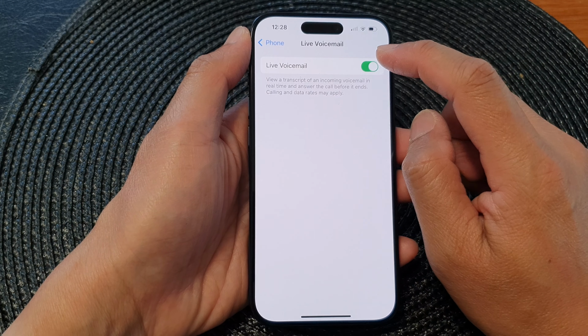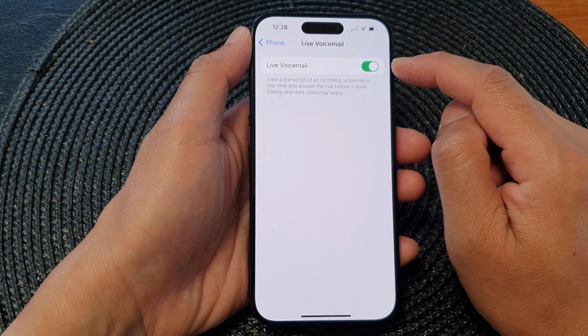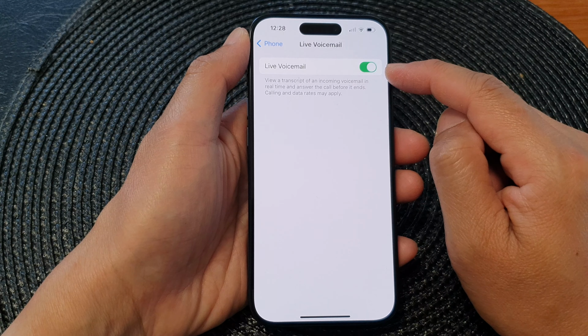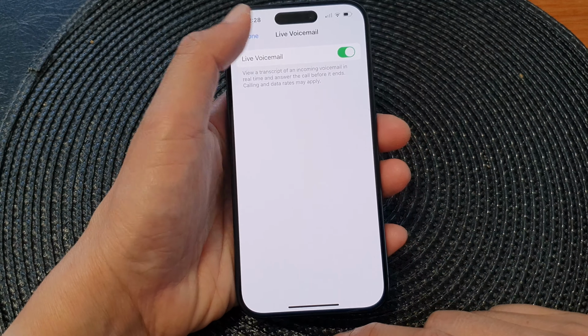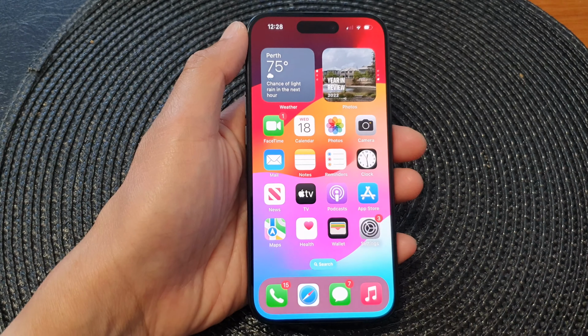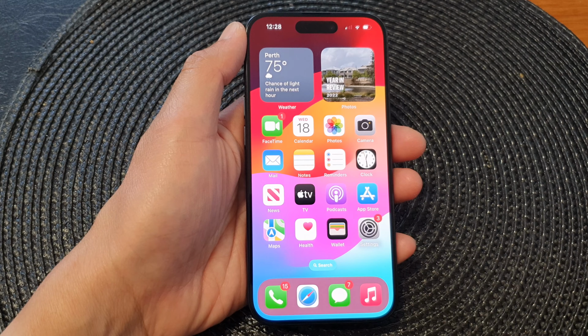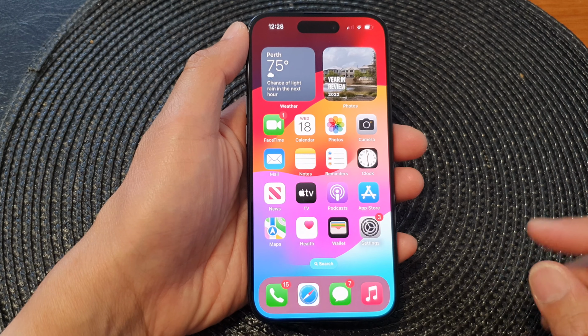Now make sure Live Voicemail is turned on. If this is off, then you will not be able to use or to read live voicemail in real time. And that's it. Once it is turned on, now if you receive an incoming call,